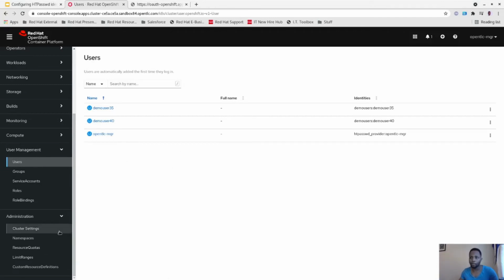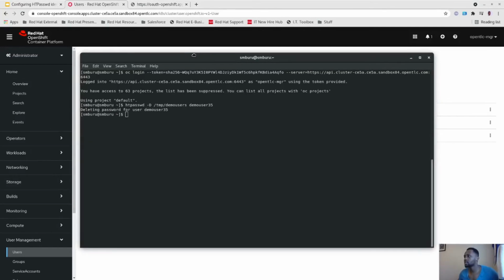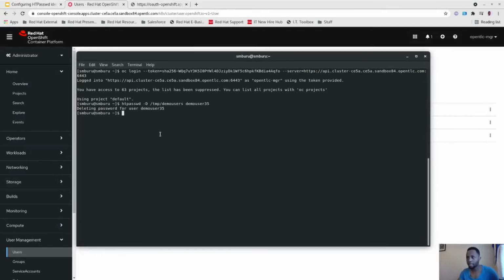Once that deletes demo user 35, demo user 35 can still be seen in here, but if I was to try to log in with demo user 35, that wouldn't work. So let's see if we can do that actually. Oh, and once you've deleted a user, if you're going to add, delete, and update users, what you need to do is